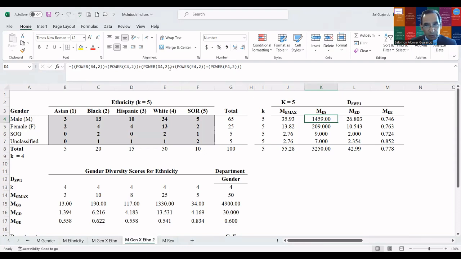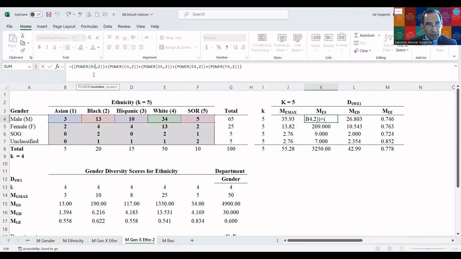So here I use the power function to obtain the McIntosh similarity index. Let me click on the formula. So it's going to be 3 times 3. In this case, it's power, parentheses, B4, comma 2. So that's going to square the 3. If I go to C4, which is the number of black males, again I use the power function, power C4 comma 2, that gives me the squared value of the frequency for the black males. I do that for the Hispanic males, the white males, and some other race,